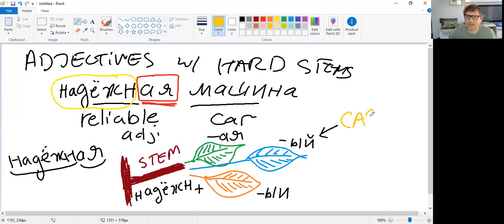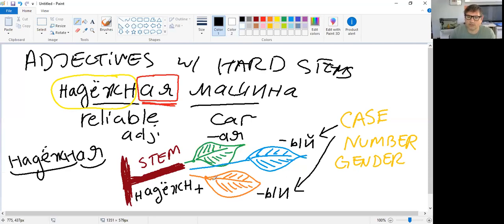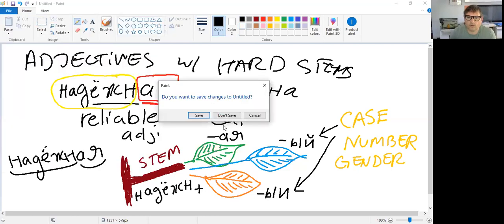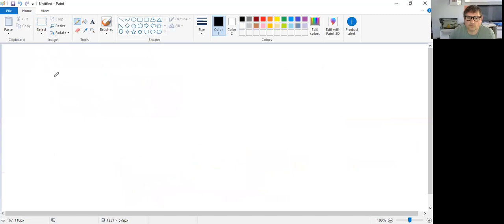case, number, gender. So these things are going to vary. The leaves, which I call them, they're attached to the stem, right? So for example, if you want to write instead of, so you have надежная машина,